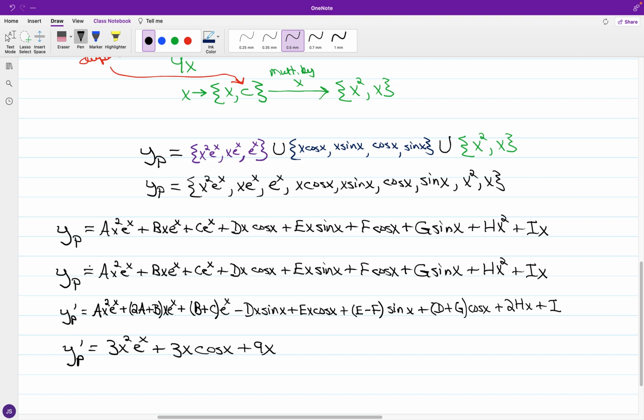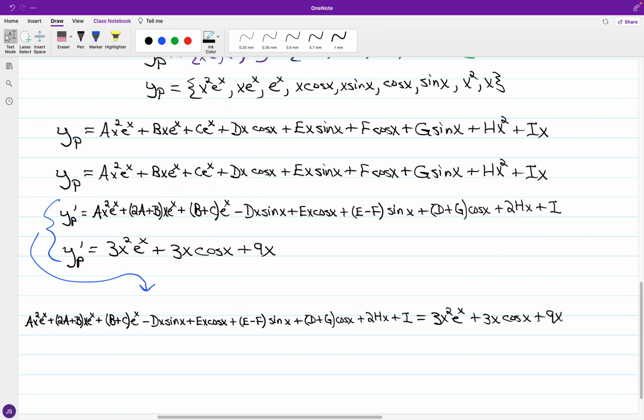derivative. So if I take the first order derivative of y sub p, we had this rather long line of terms, and going back to our original equation and projecting that to the particular, you have y sub p prime is equal to 3x squared e to the x plus 3x cosine of x plus 9x. And if I set these two statements equal to each other,